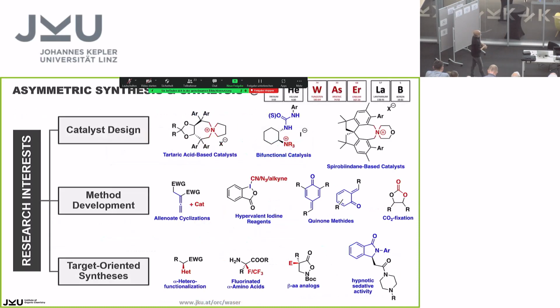Now this can be done by a lot of different catalysts, and in my group we are very much interested in organocatalysis. So we want to use small organic molecules, so no metals, no big enzymes, to control such reactions. And one program that we have in my group is that we look at catalysts which have a quaternary ammonium group as the catalytically active site.